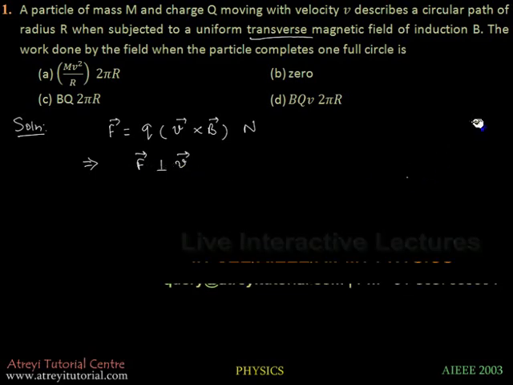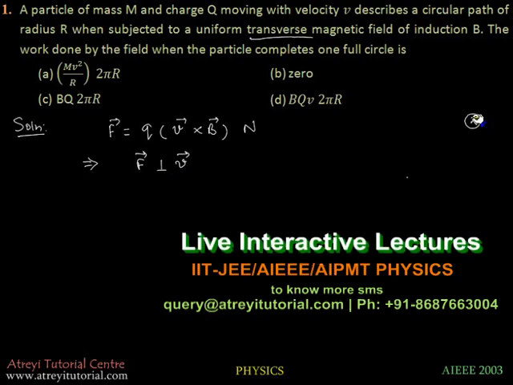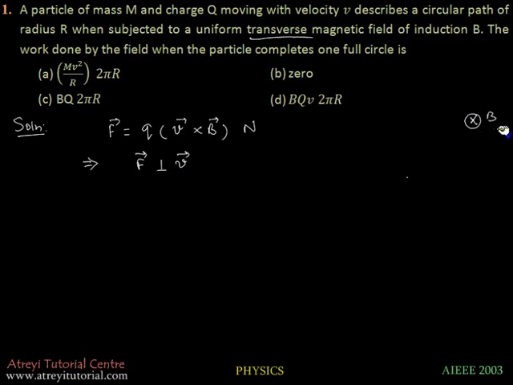That means if you take a magnetic field into the plane of paper, which we represent by a cross, and a positive charge q enters this uniform magnetic field, it will experience a force perpendicular to the velocity vector. Because of this perpendicular force, the particle will start a circular motion, and this force will always be centripetal in nature. It will be towards the center.